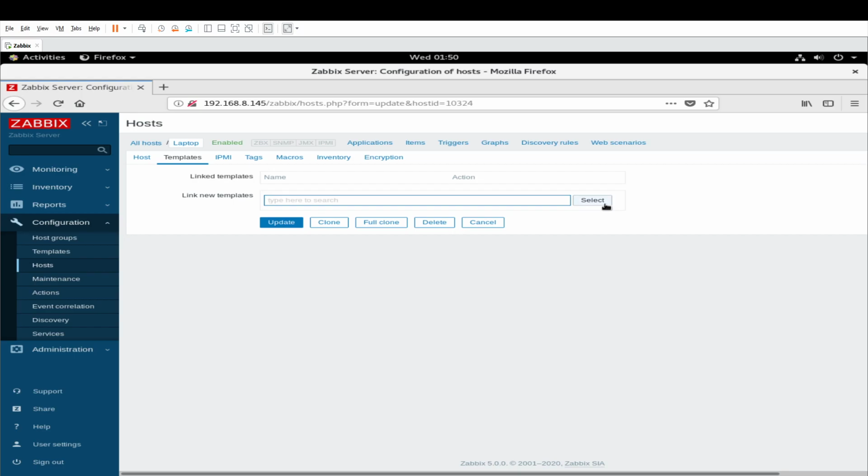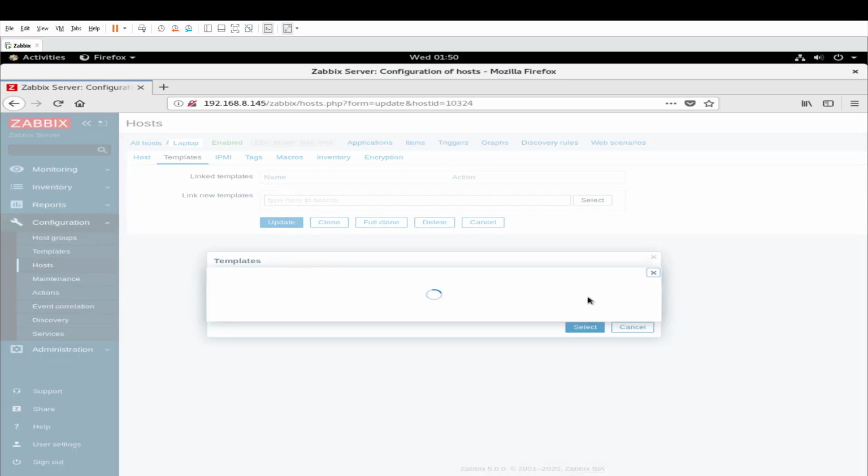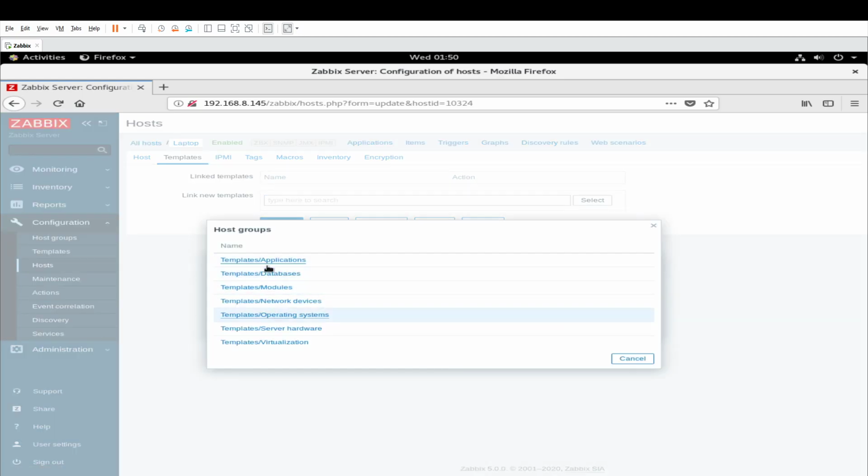For argument's sake, let's hit select. Which templates am I going to use? Basically database modules, template modules, virtualization, server, operating system. This is an operating system that we want to monitor.